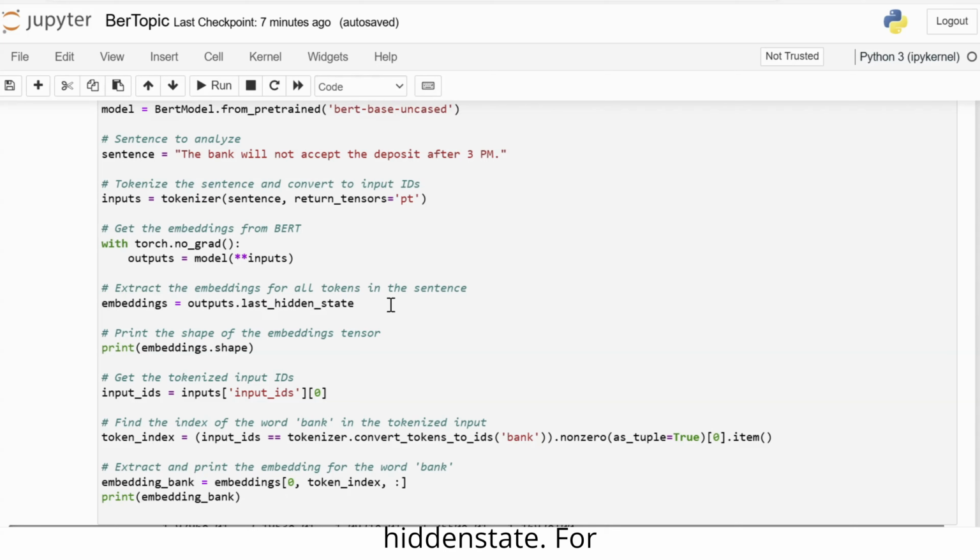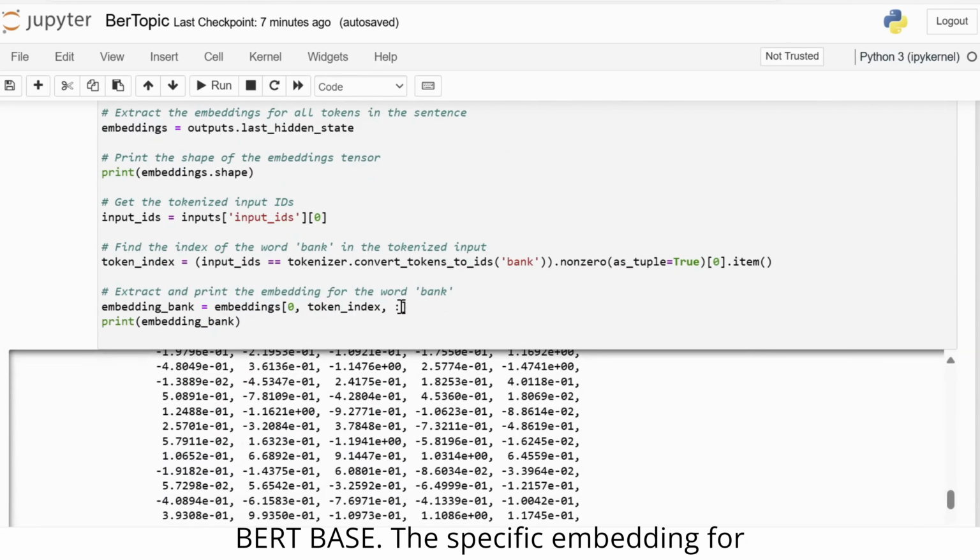Last_hidden_state. For analyzing embeddings, we print the shape of the embeddings tensor, which will show the number of tokens and the size of each embedding vector, typically 768 for BERT base. The specific embedding for the word bank is extracted and printed, showing its numerical representation. The output from the code consists of two parts: the shape of the embeddings tensor and the actual embedding vector